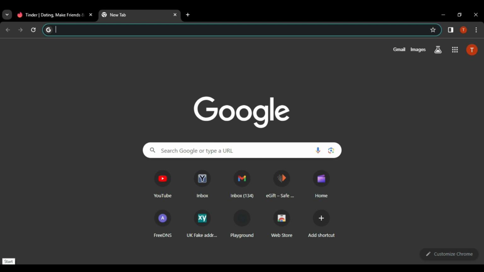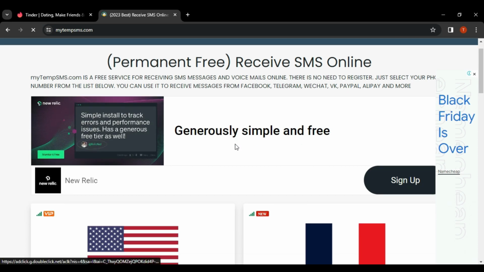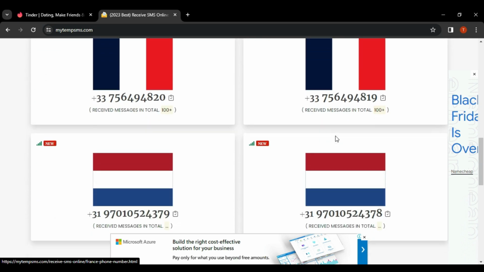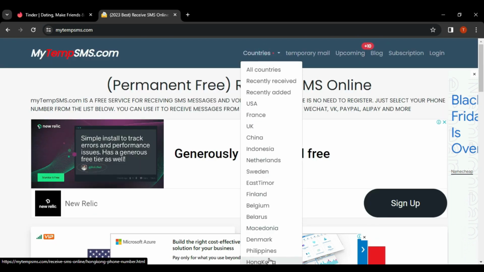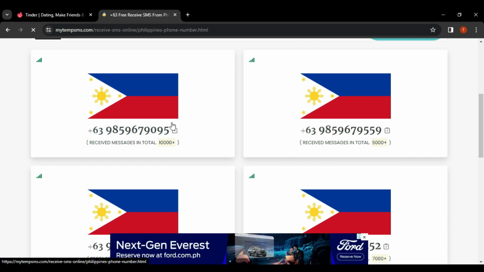So first, open your internet browser and in the search bar, type temp SMS. If you scroll down, you will see some country flags, and these are the countries whose phone numbers you can use to create your fake Tinder account. So select any country. I'll select Philippines, and these are the fake phone numbers that you can use to create